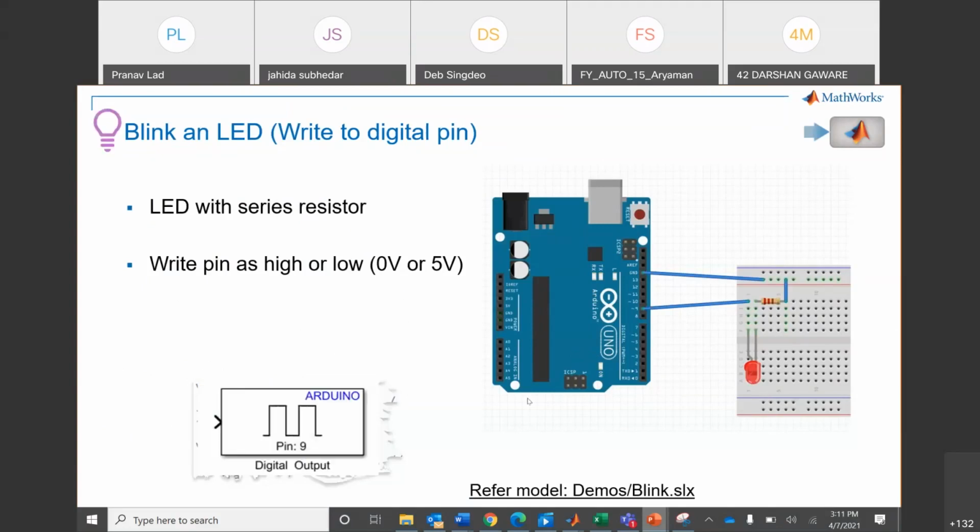In this case, we will not be using any line of code, but we'll be using a Simulink block diagram, a Simulink block for Arduino, particularly the digital output block, right? How to do that? Let us see.